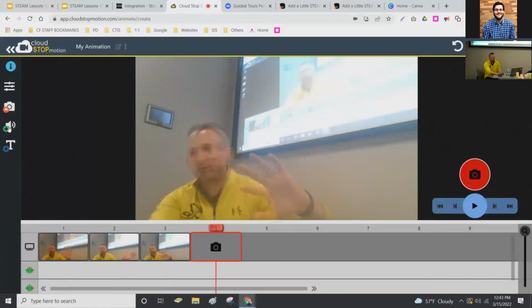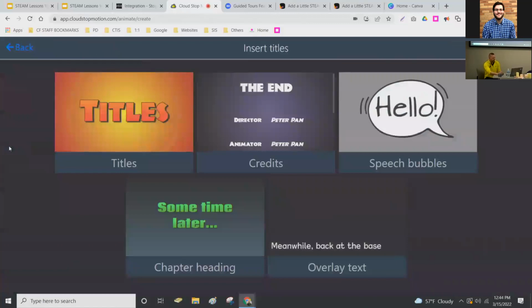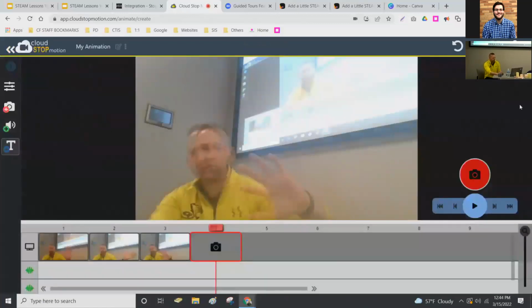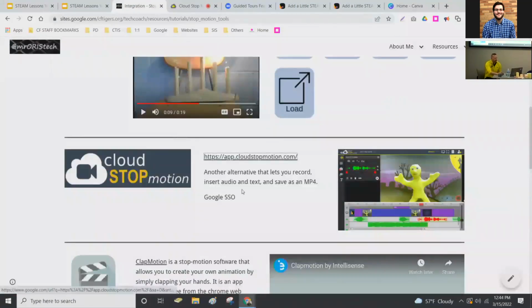With this one, you can insert audio, do a voiceover or music, you can also insert text, and students can very simply create and share an MP4 using what they already have. It's called Cloud Stop Motion.